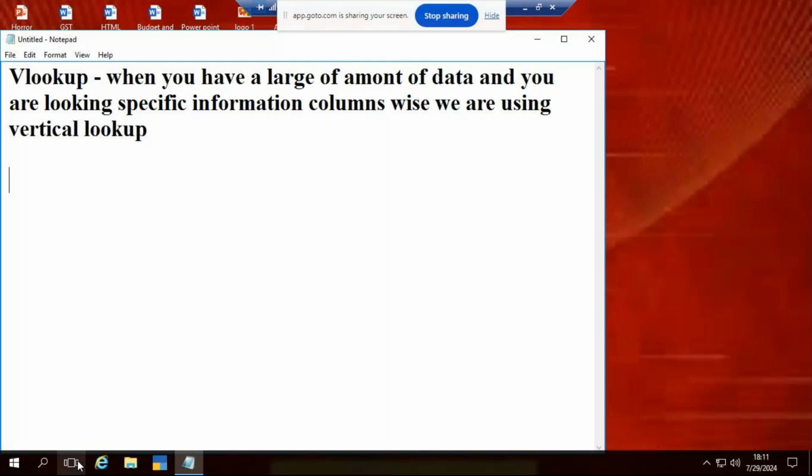So what is VLOOKUP? When you have a large amount of data and you're looking for specific information column wise. So you can see here,